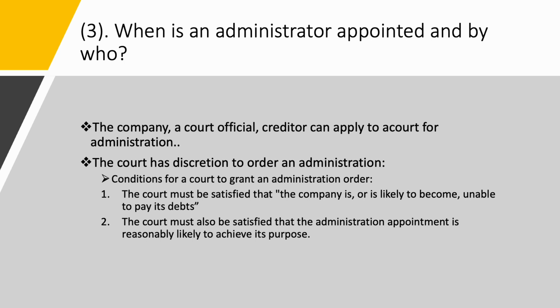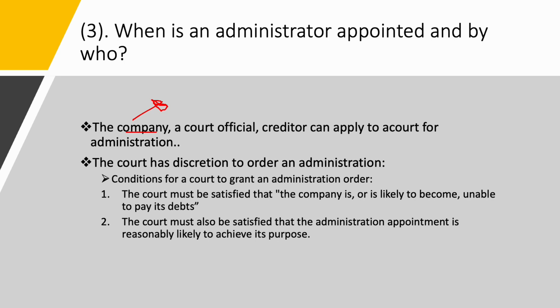When it comes to the appointment of an administrator, that can be done by the company itself, meaning that the directors and the management of the company can come to a decision that based on the financial difficulties faced by the company, the right decision is to appoint an administrator to step in and perform his duties of rescuing this company as a going concern. And we say that going concern is that a company is able to operate for a foreseeable future.